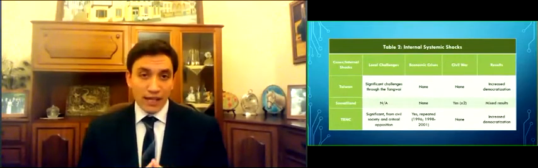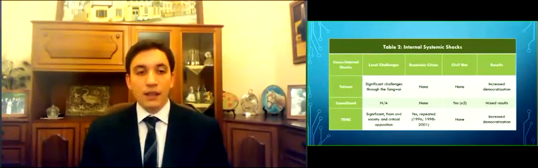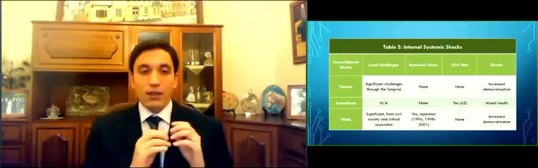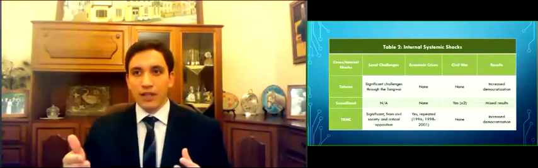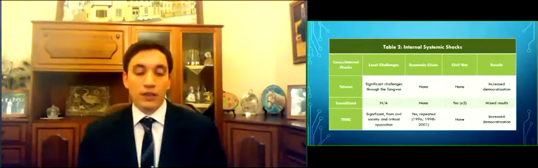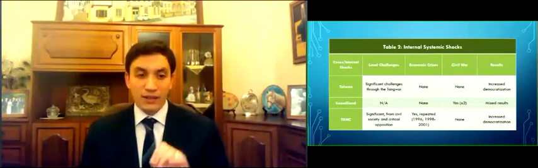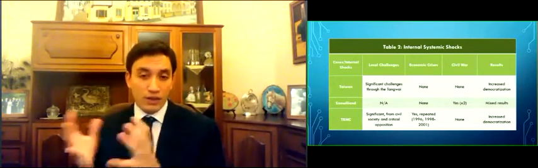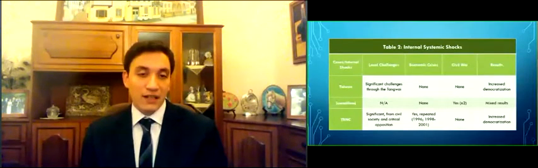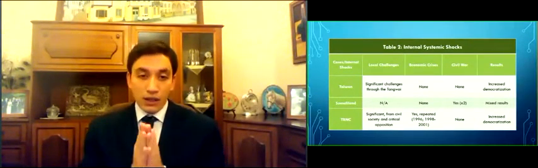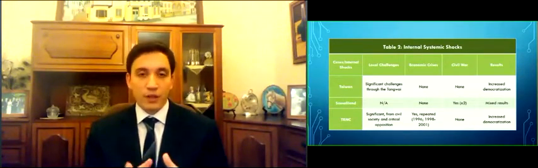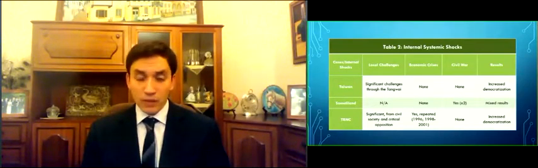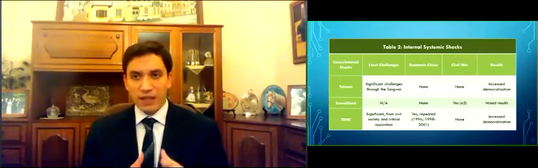On table 2, I look at internal systemic shocks, and clearly, local challenges are very important. So if there is no real local capacity to drive democratization, there might not be good results to internal systemic shocks, because Taiwan and TRNC, where there were local challenges, experienced increased democratization as compared to Somaliland, which did not. Now, economic crises also had a positive effect in North Cyprus because of undermining the authoritarian regime. In Somaliland, there were 2 civil wars, but they had mixed results, really,